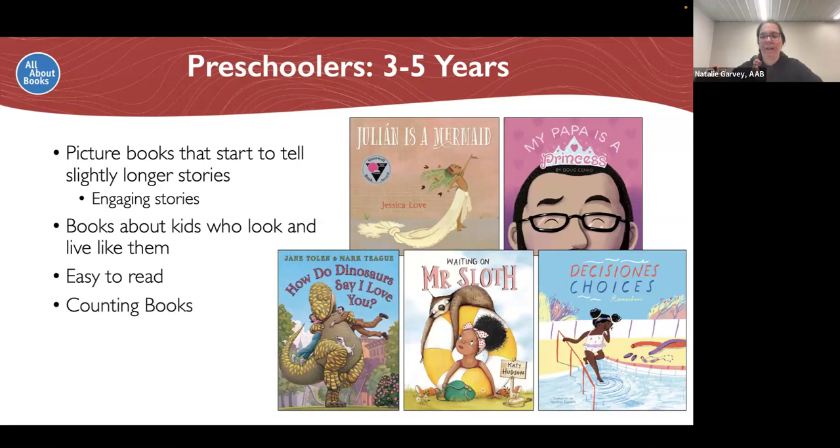And we're really trying to find books that have kids who look like and live like them, as well as a mirror aspect of the windows and mirrors concept, which is showing the mirror of someone's life, having a book that looks just like them, in addition to the windows of having a window into someone else's life and other people's experiences. So this is also the age where we're trying to choose books that have words they can easily identify, along with images and context clues,